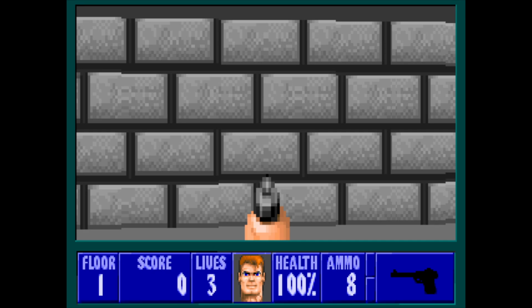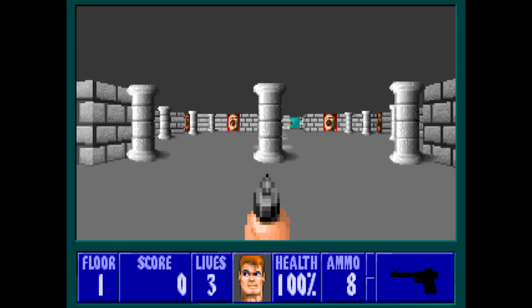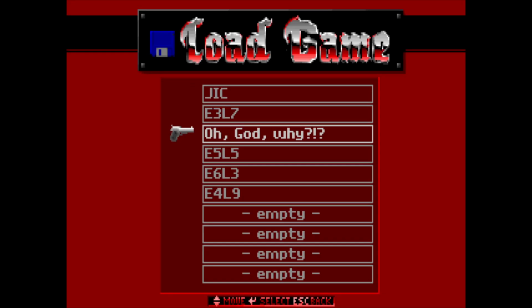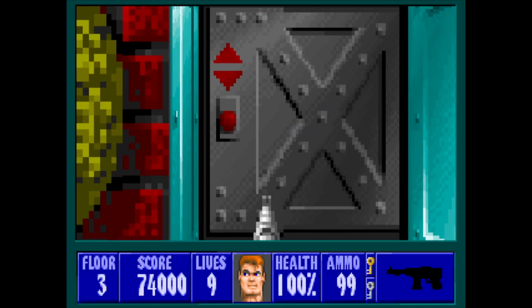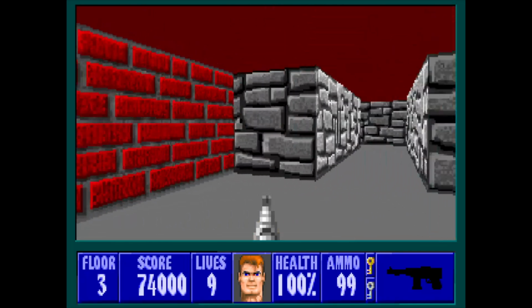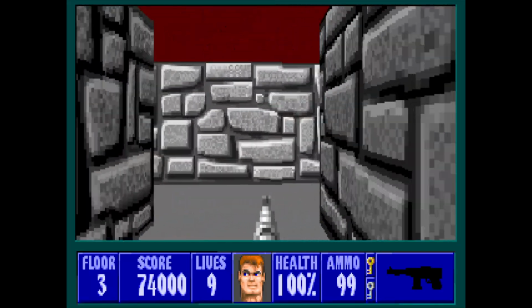Here we can already see some of the new textures, like these concrete blocks, or whatever they are. Well, they look like concrete blocks. Anyway, we are going to level... was it 5? No, 3. Level 3. So this is the regular exit of the level. There's a bunch of dead guys here. So when you enter this gray stone area...